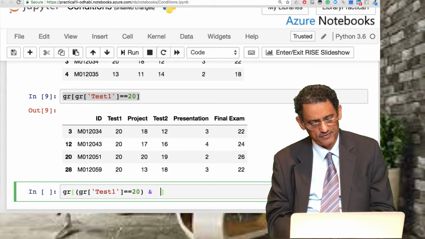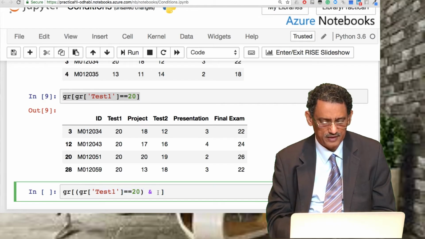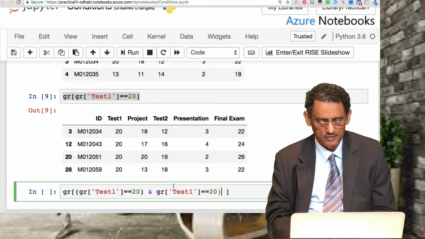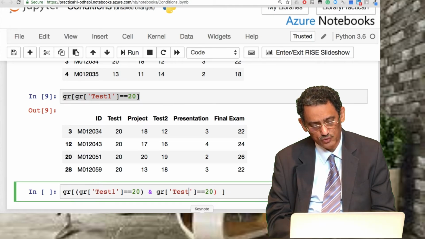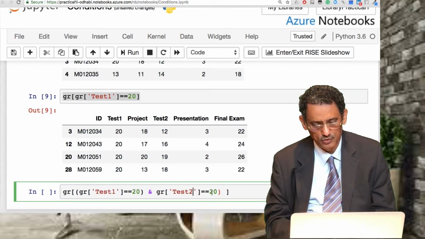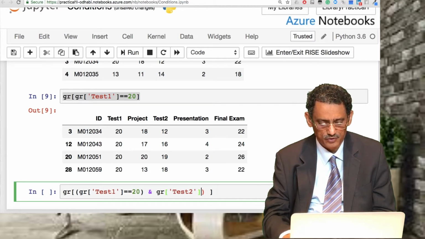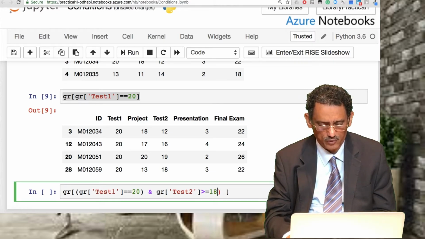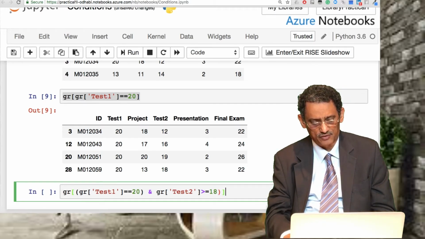Now that was the first condition. Now second condition, we take this one here, copy it again and put it here. Now what is the second condition? We said test 2, so this has to be test 2 more than or equal 18. Let's include 18. So this is now the complete